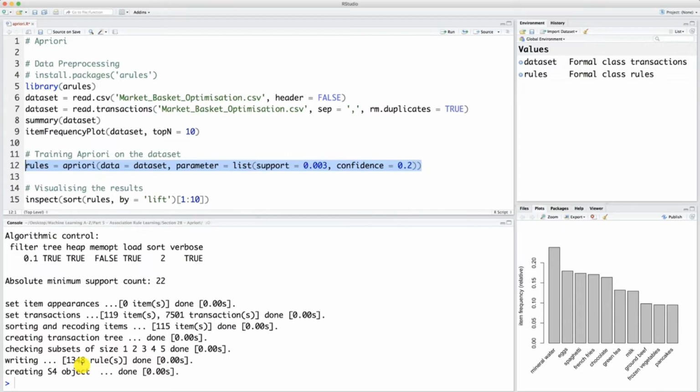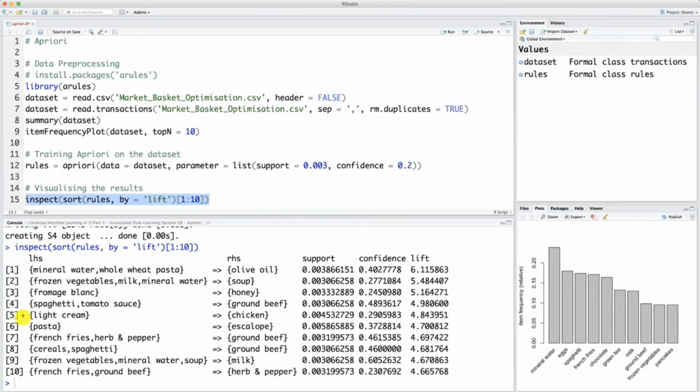But don't worry, we will not have a look at the 1,348 rules. We will still look at the 10 first rules with the 10 highest lifts. And that's what we're going to do right now by selecting this line and execute it. And here are the new rules. Okay, so let's have a look. The first rule is if people buy mineral water and whole wheat pasta, they will buy olive oil in 40%